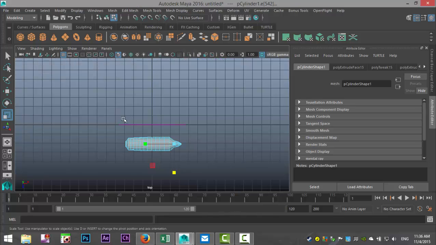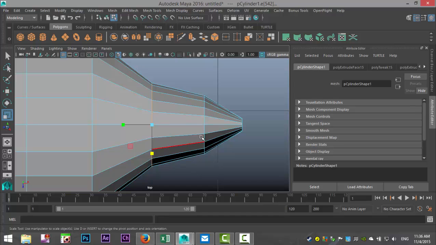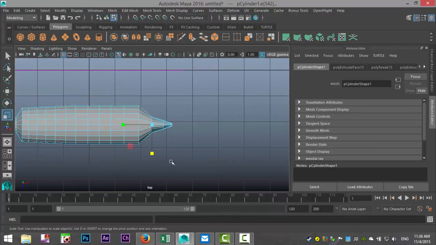Let's see if it's easier to do it from the top. Okay. So we'll take this one and push that in. This one, push that in. And just try to create a flow that looks kind of natural.